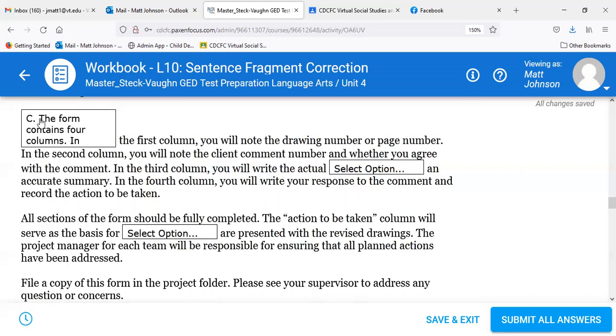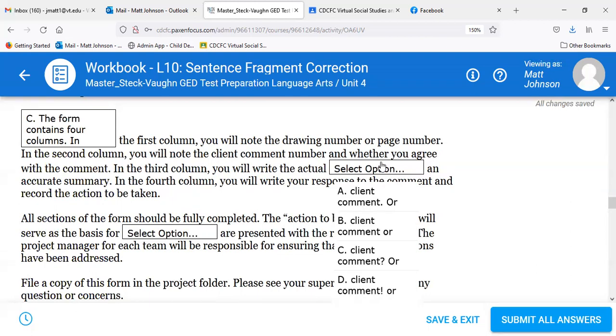Right, because yeah, the form contains 4 columns, period, right? That's a complete sentence. And then capitalize our first letter, next sentence, in the first column. You will note the drawing number or page number. In the second column, you will note the client comment number and whether you agree with the comment. In the third column, you will write the actual